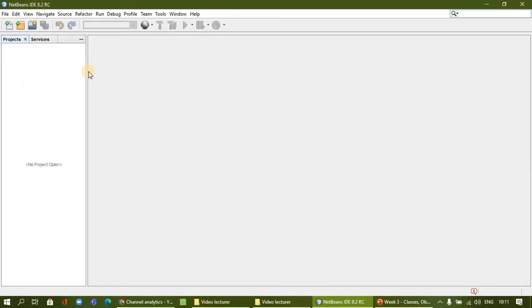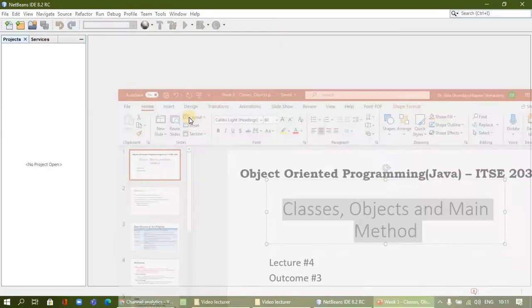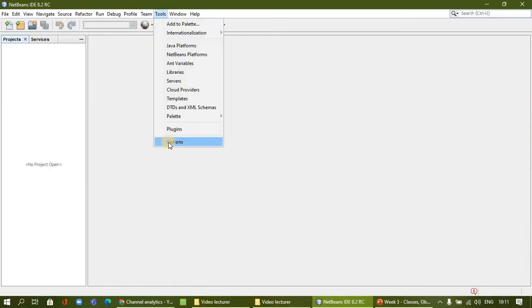I have already opened NetBeans. You also need to install JDK 1.8. Once everything is installed, you can open NetBeans. Now I am going to demonstrate working with the class. In order to work with the class, I am also going to show the UML diagram, for which I used EasyUML in this project.